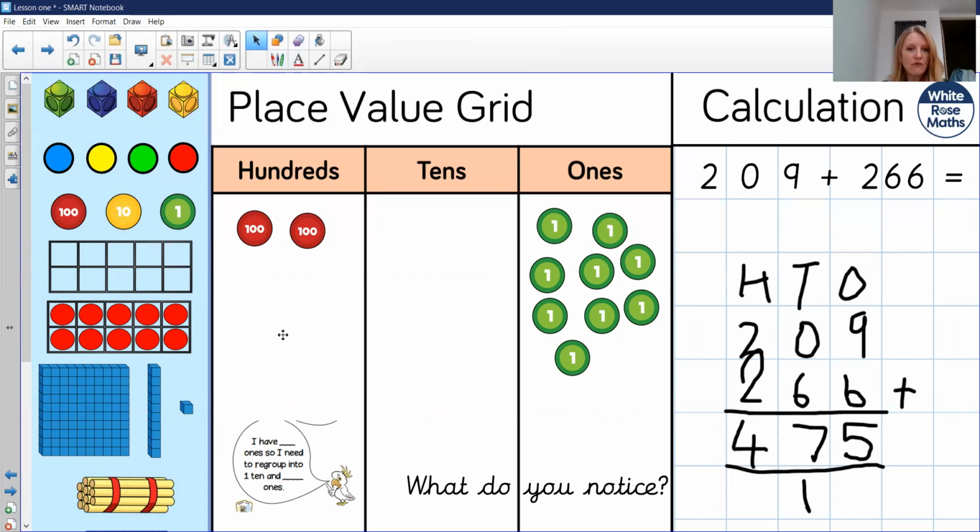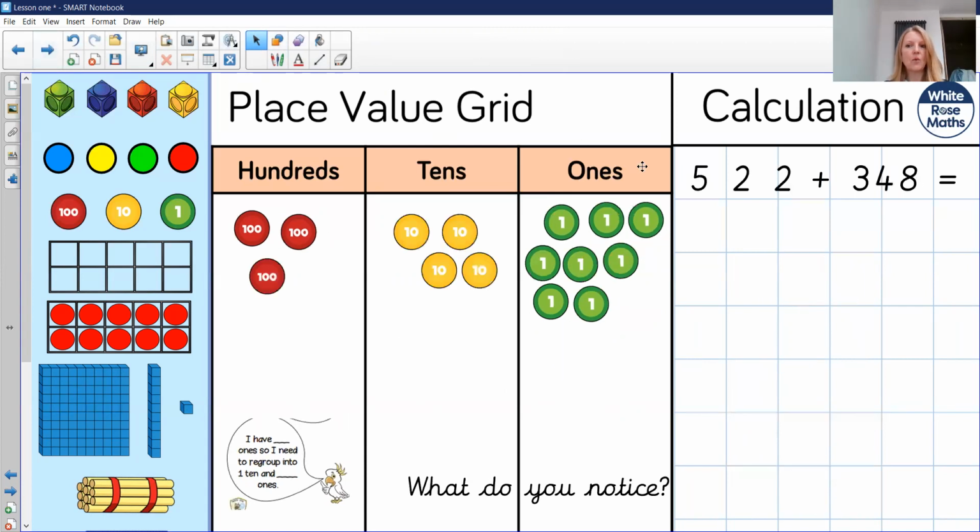So no regrouping from the tens and the hundreds. At the moment, we are just concentrating on regrouping in our ones column. Okay, excellent. Well done if you got that. So one more to have a go at. 522, add